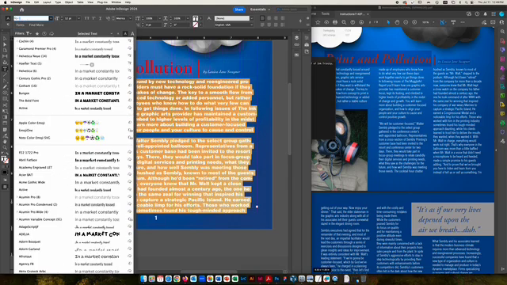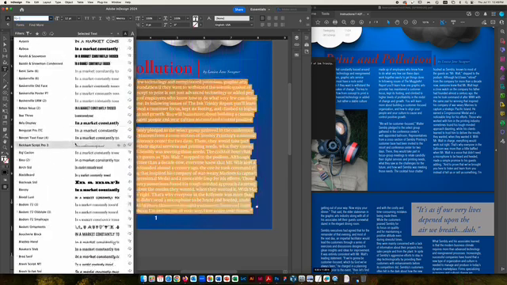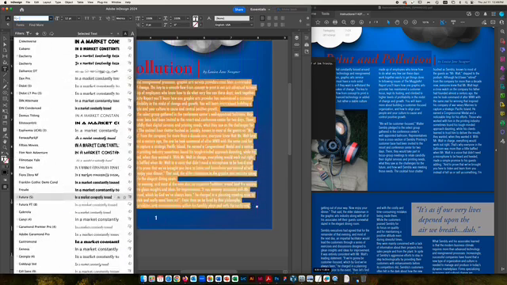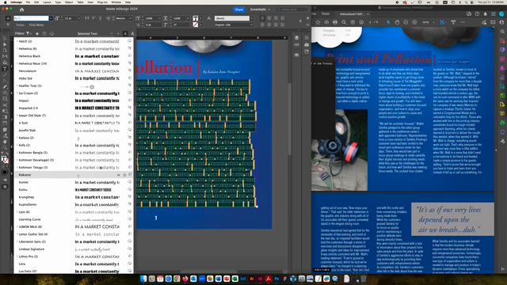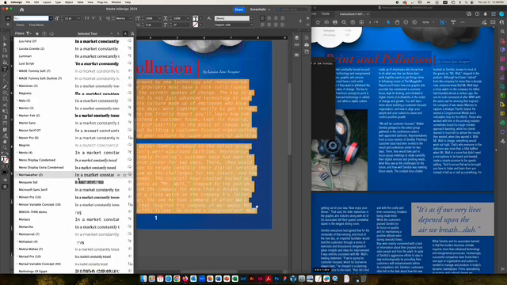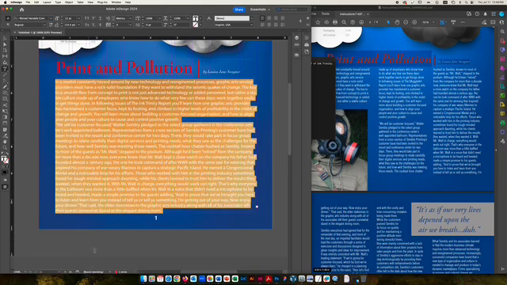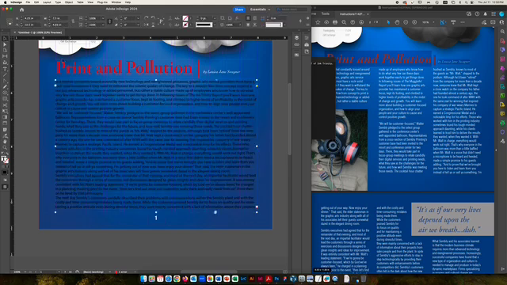If you can't find the actual Helvetica, then just look for a condensed font that is similar to what the text is, and if not, then just go with a sans serif that's close to it. And I'm probably gonna do like 10. All right, now to